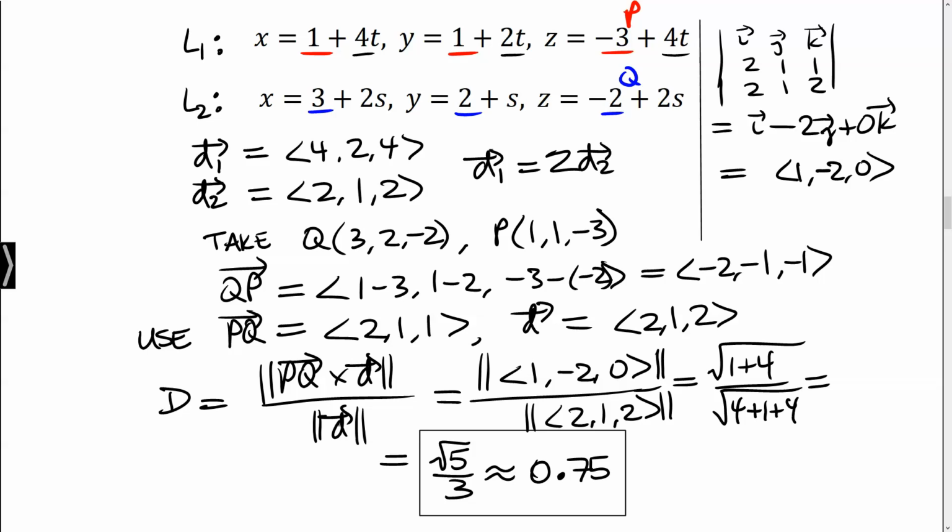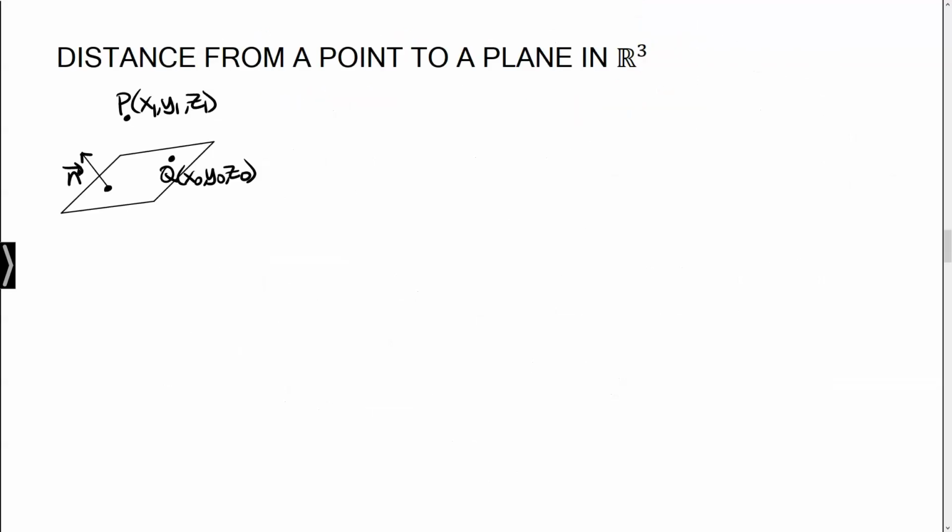Now we come to a very important case. This is super important, maybe the most important case of all, and that's the distance between a point and a plane in 3 dimensions. The reasoning behind this one is virtually identical to when we were finding the distance between a point and a line in 2 dimensions. Everything's just bumped up 1 dimension. So again, we're going to assume we have a point P that's not on the plane, a point Q that's on the plane. We're going to find this vector from Q to P, and then what we really want is